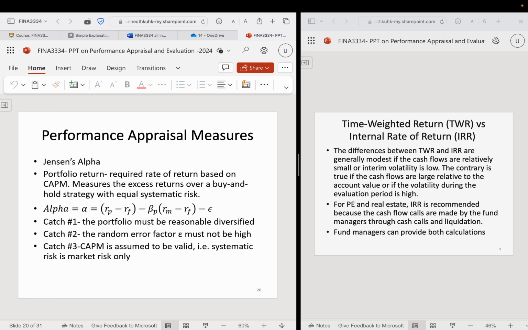And also this alpha ratio, I will explain how to calculate the alpha for the portfolio. You will calculate how the managers outperform the market. So these are the ratios that are not very commonly used. I will skip them here.